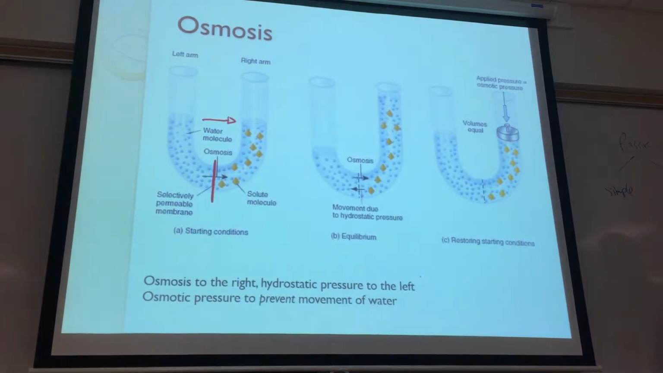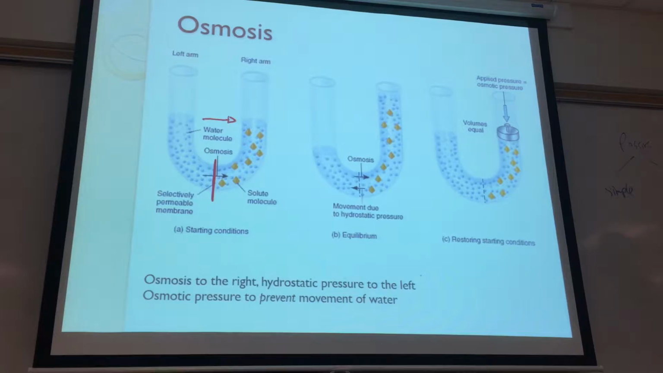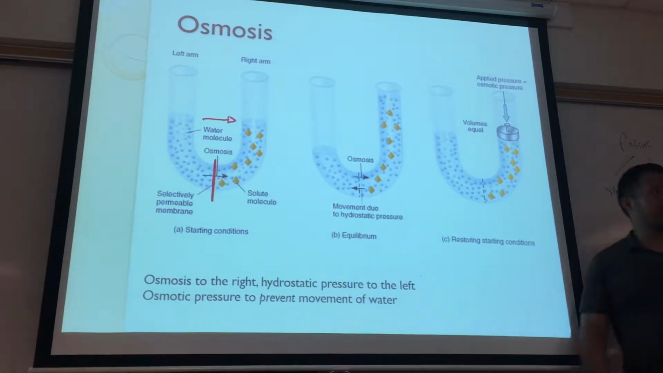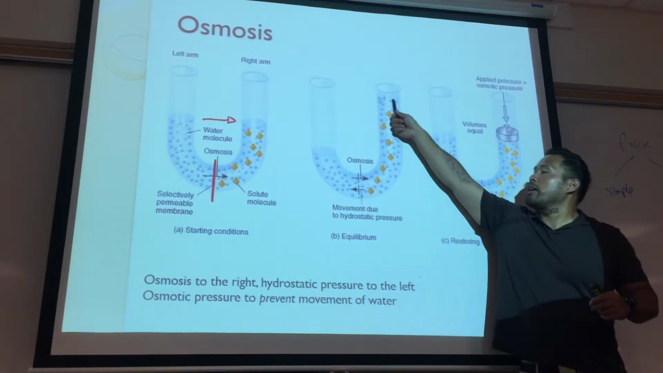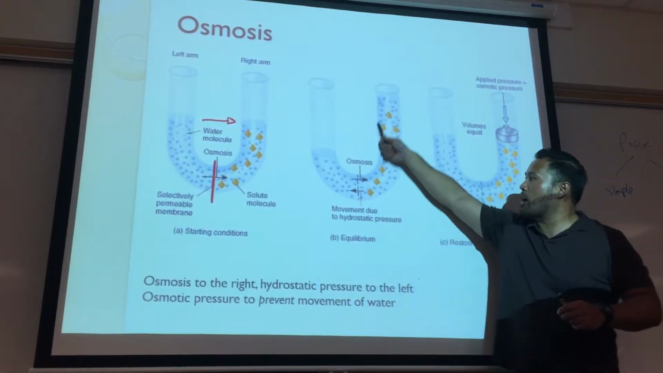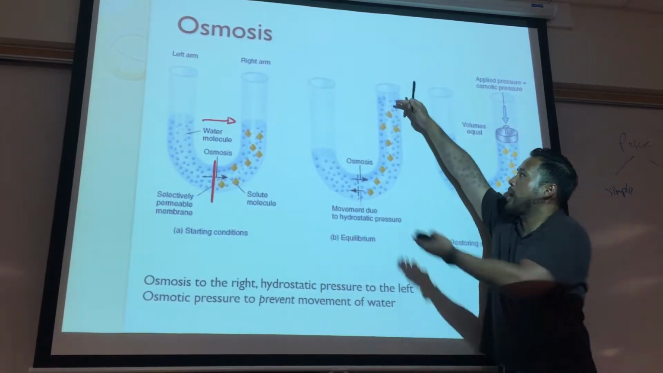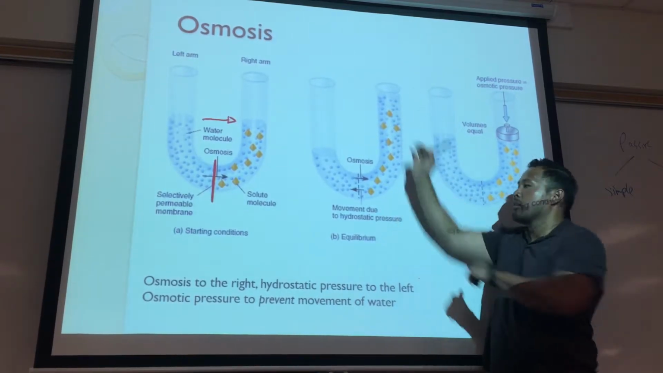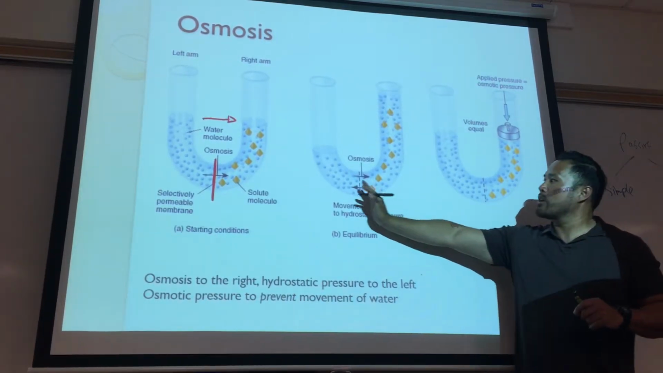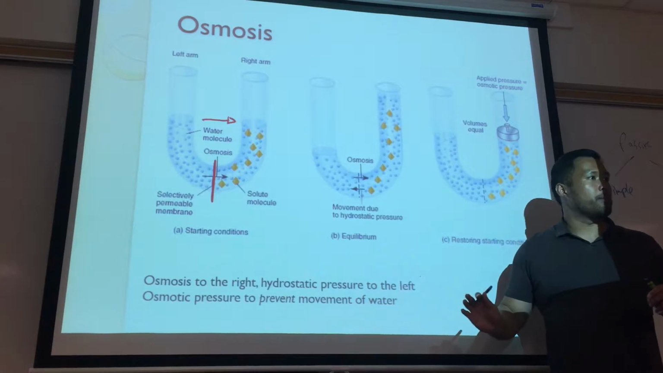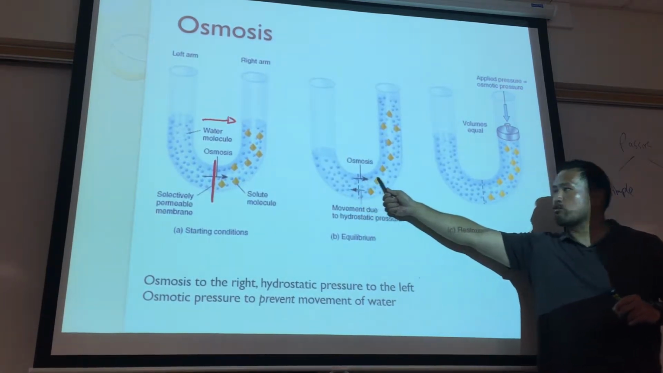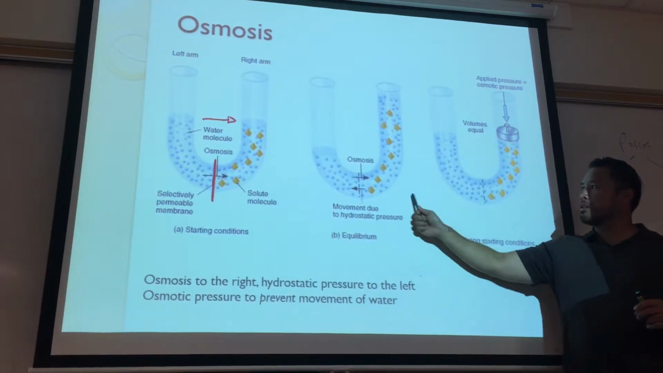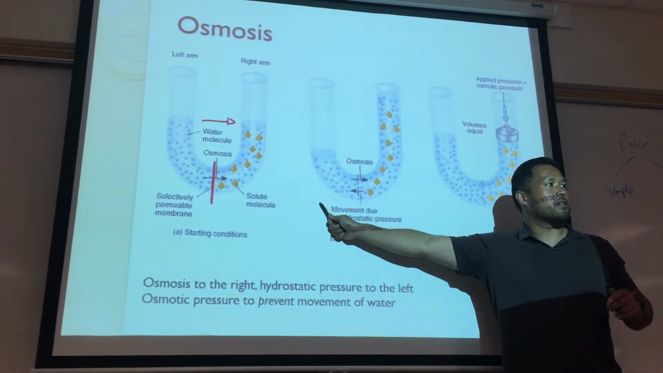Pushing back because there's too much of the water on the other side? Exactly. There's a lot of water in this. There's a higher pressure on this side due to the weight of that water column. So what happens is we're going to eventually reach an equilibrium where the net movement of water to the right is equal to the net movement of water to the left,